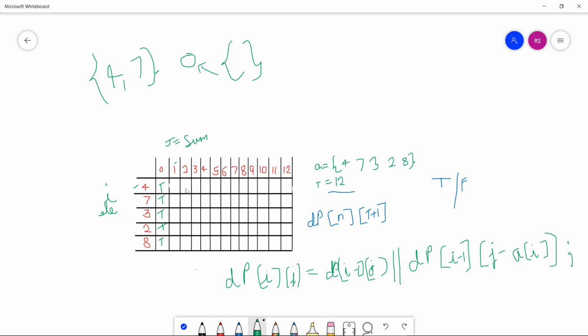Now for i equals 0, we take all columns, all boxes, all cells as false, until we get the same element on j. If here it is 4, we have to tell whether the subset